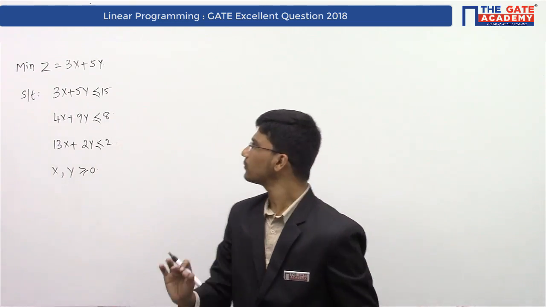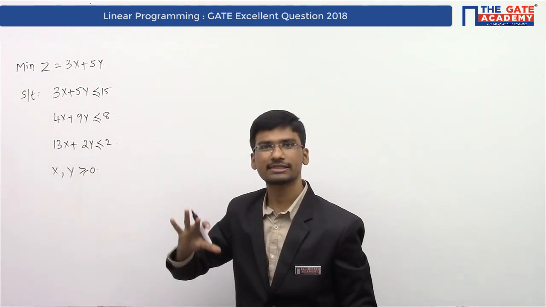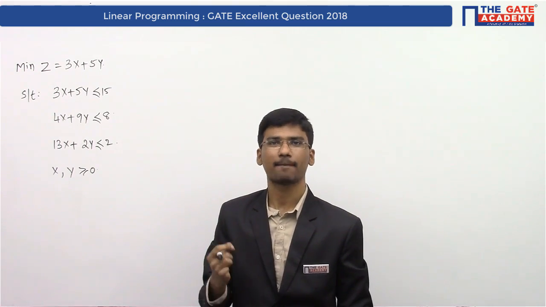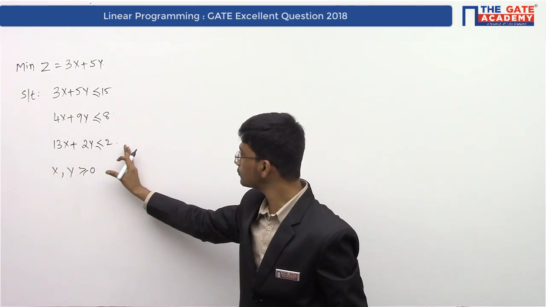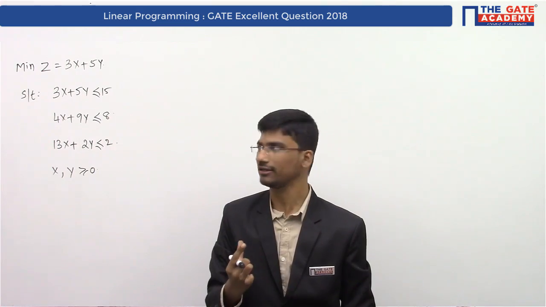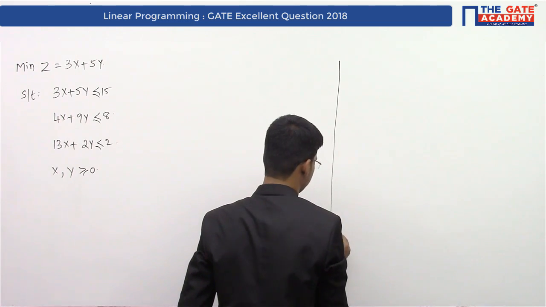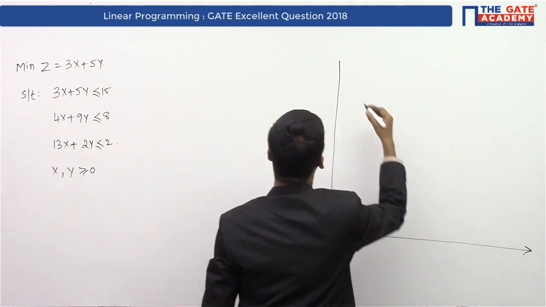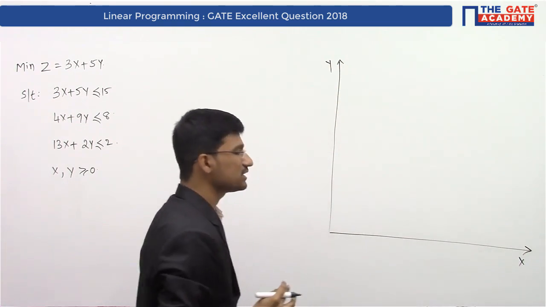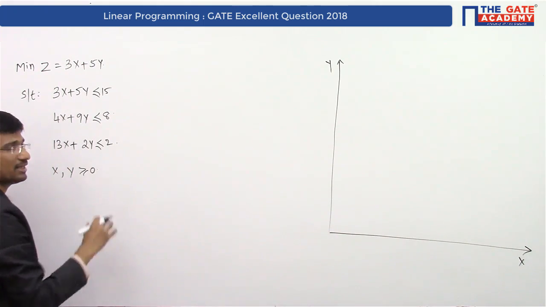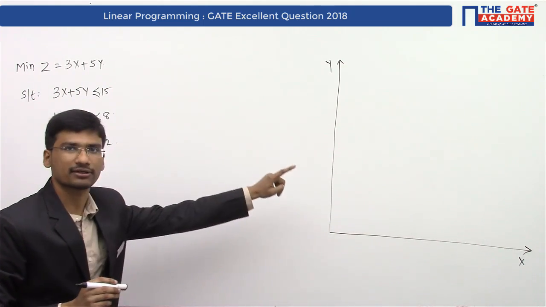Okay, so this is the given data of the question. So they have given an objective function and they have given the constraints. Now to plot this with the graphical method, first of all we have to find the points, right? So to plot this straight line, we need at least 2 points, and for the remaining constraints also at least 2 points we need to plot a straight line, right? So let's plot them in the graphical method. So this is the particular graph.